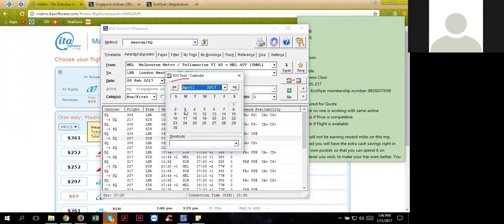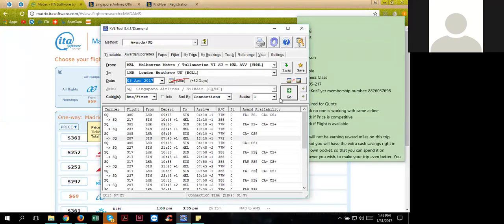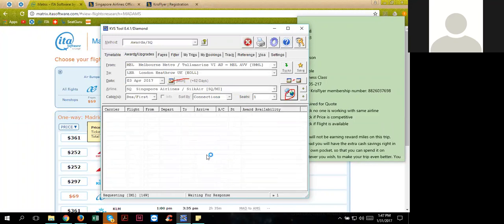You can see that once you get the hang of this, you can go really fast at this. Okay, now we have to hit the go button to search the 3rd of April. And if we don't get the 3rd of April right away, we're going to open up a second KVS